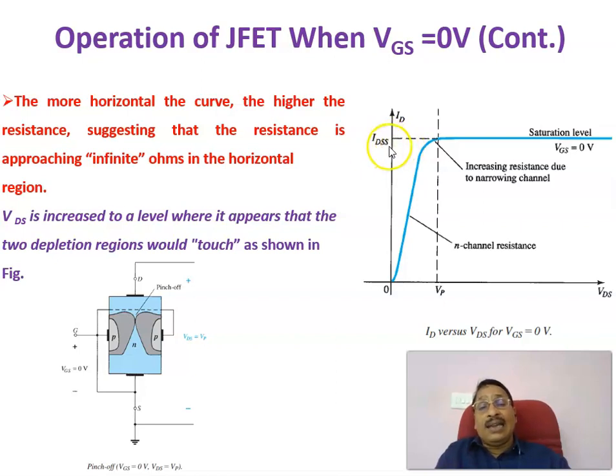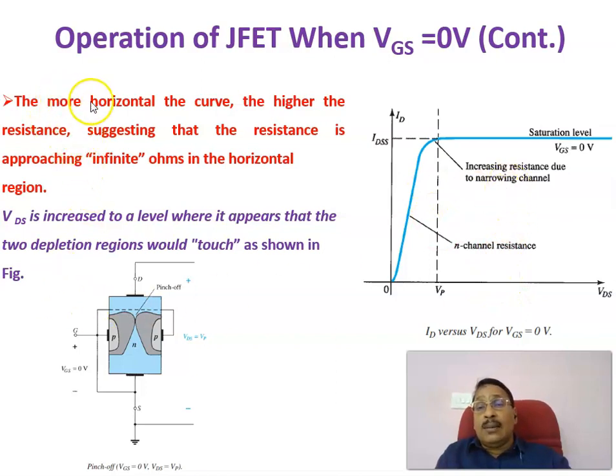IDSS is the saturating value of the drain current after VDS becomes more than VP, the pinch off voltage magnitude. Once VDS is increasing, ID will be constant. That value of the ID we call IDSS. Therefore,